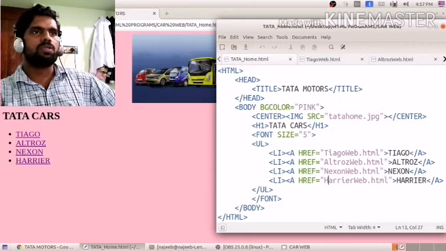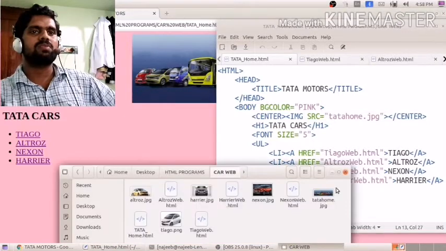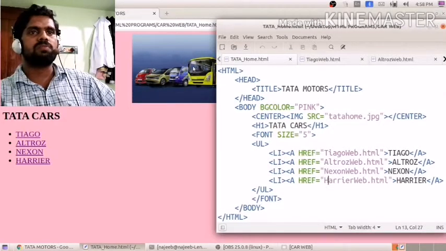Here you can see Tata Motors. Then body bg color is equal to pink, that is this one. Then center the image, img src Tata home, which is this web page. This is the main web page. Tata home.jpg, that is this picture.